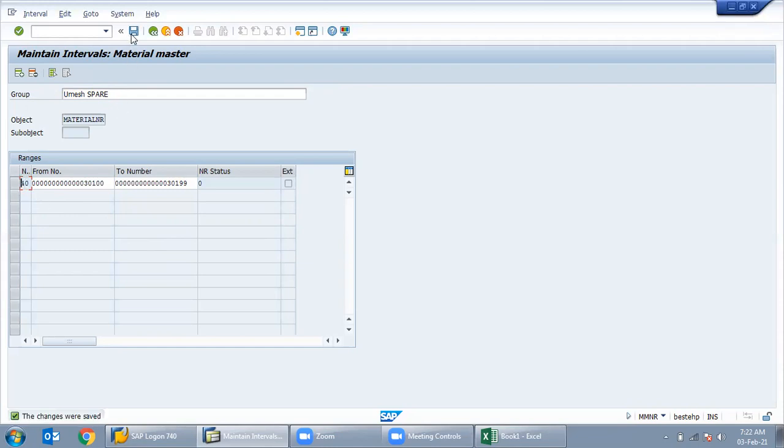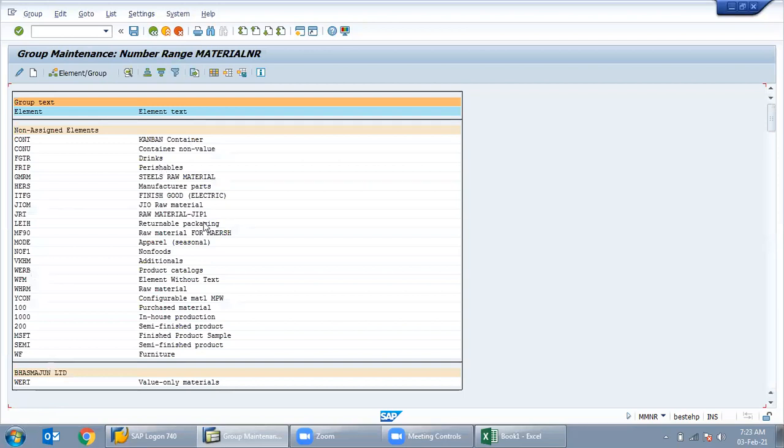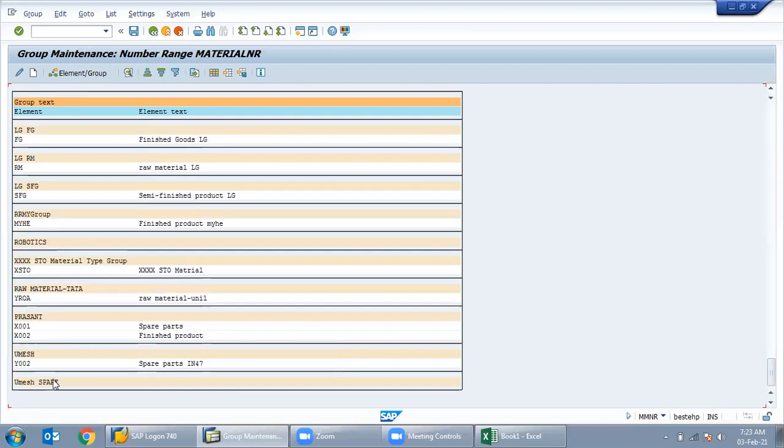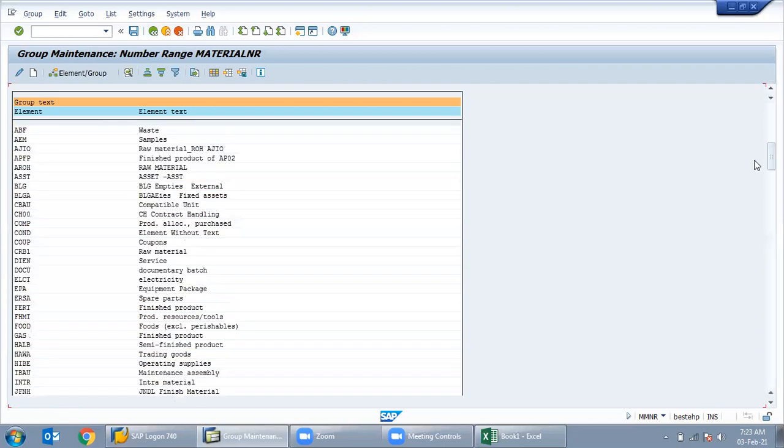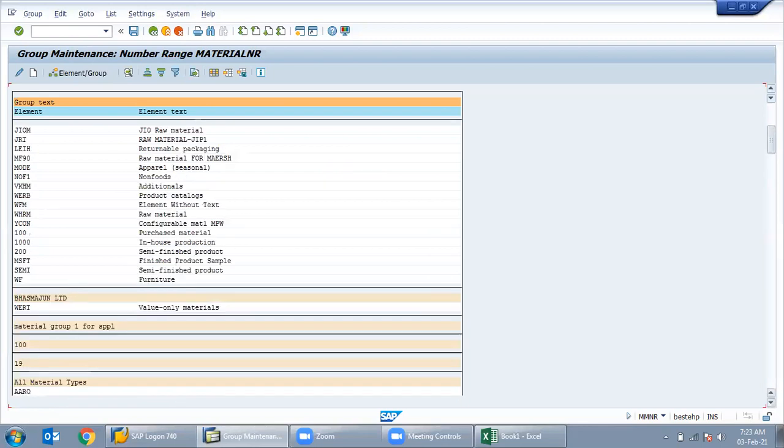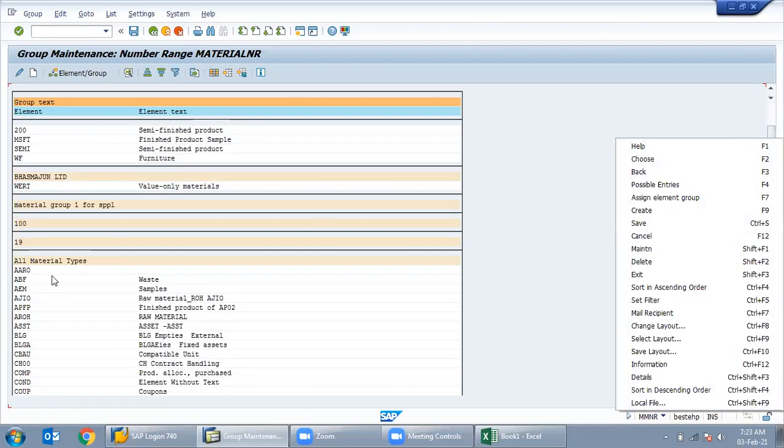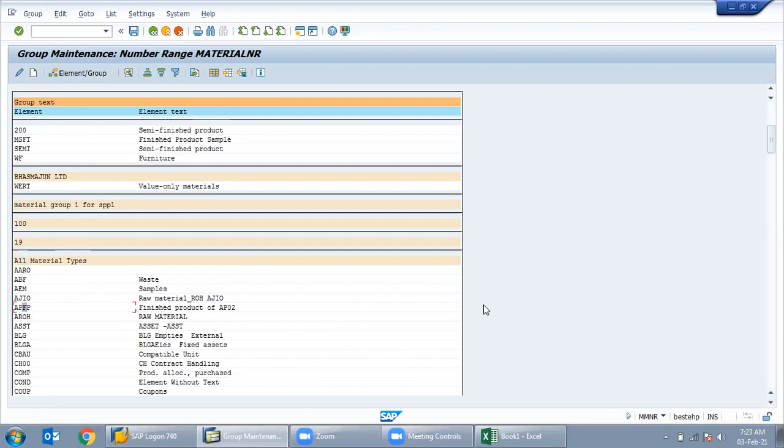Just save it, enter, back. See, Umesh spare is created. That is a group. Now, whatever material type I create comes by default in a not assigned category. Not assigned category is like this, all material types under this.